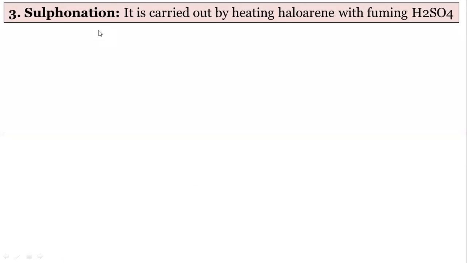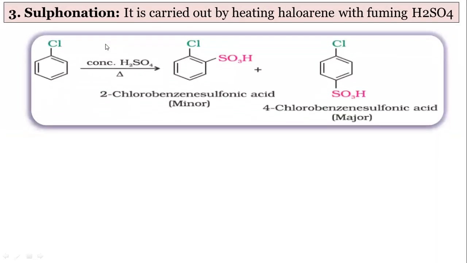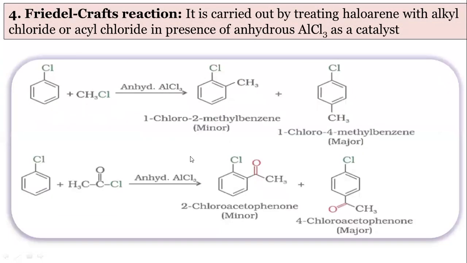Then in case of sulfonation, SO3H group is attached. Again, this is minor, this is major. The reasons are the same: no steric hindrance. SO3H group is attached in case of sulfonation, NO2 group in nitration, and halogen in halogenation. And the next one is